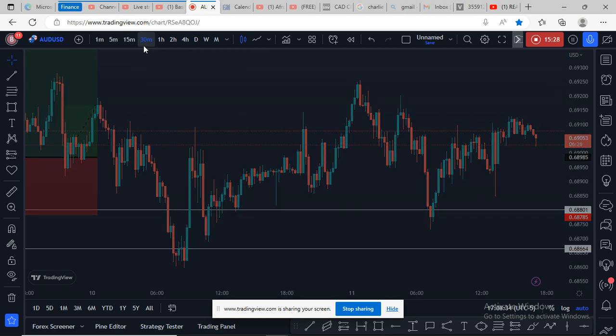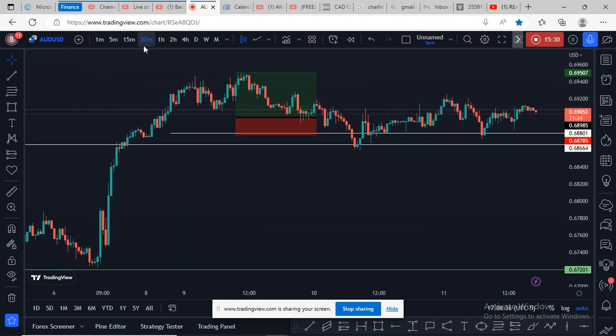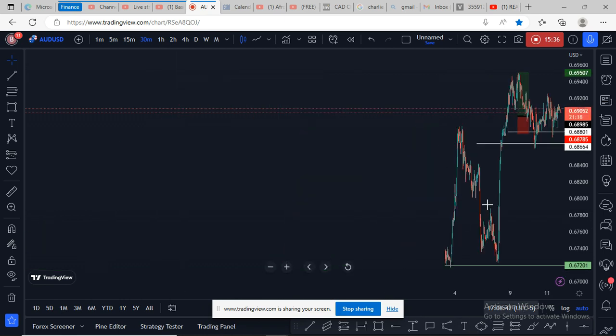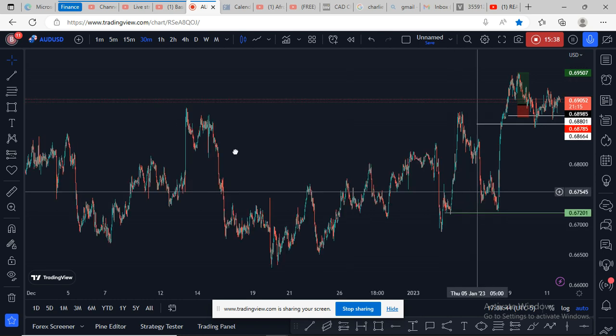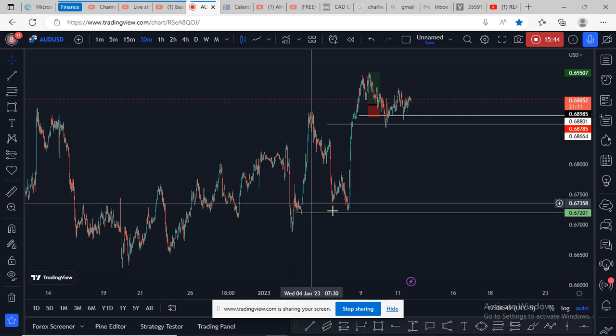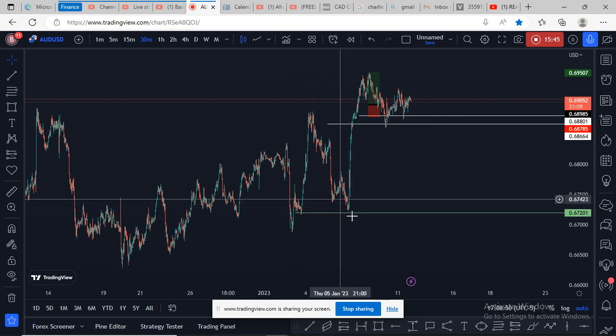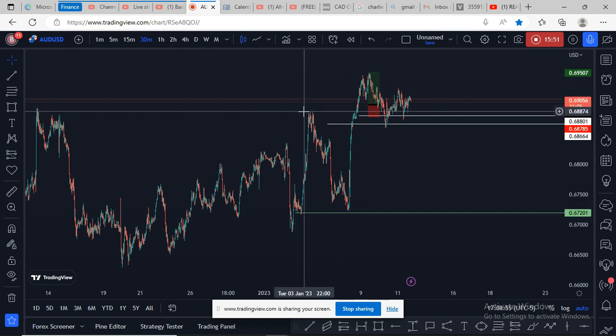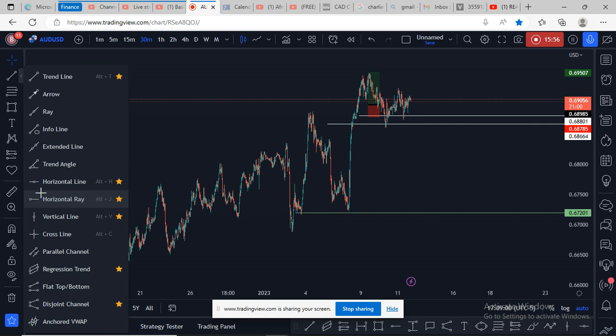So AUD USD also, excuse me, yeah, AUD USD also. This is clear, right? This is clear. You don't need to even explain. I caught this, I think last week I even explained how I caught this one. So you can see,